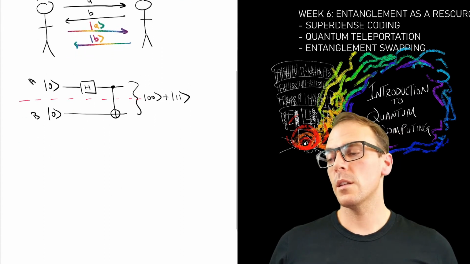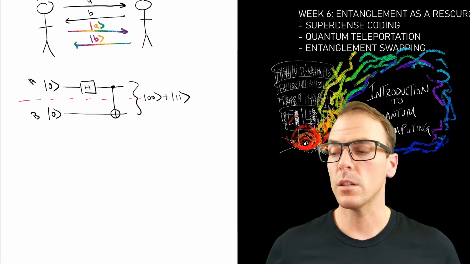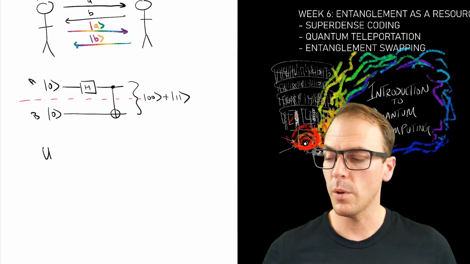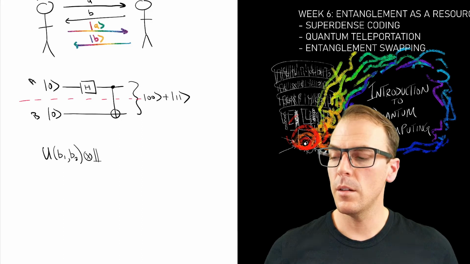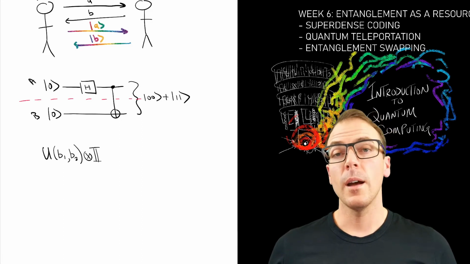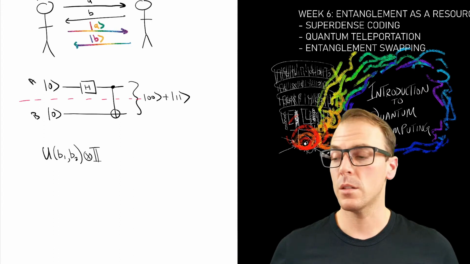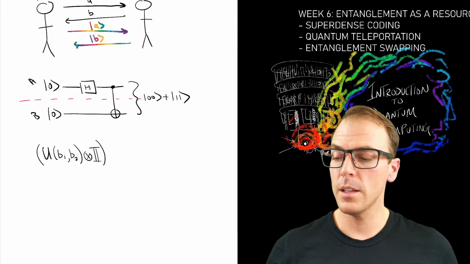So what does Alice's strategy look like? She's going to perform some unitary that'll depend on the 2 bits of information that she wants to send. Let's call them B1 and B2. And then Bob's going to do nothing, and Alice will send her qubit to Bob. Now this action is applied to this state,